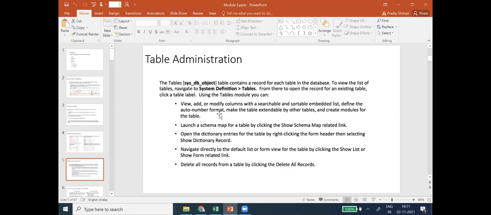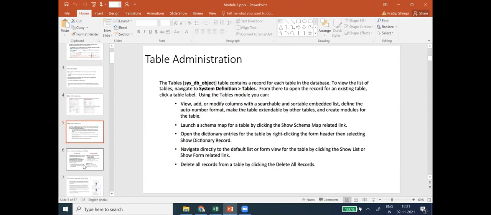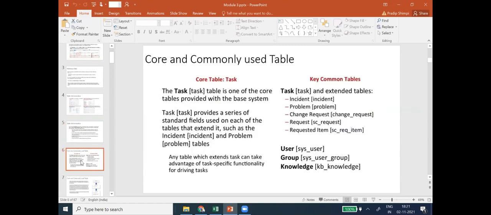So what you can do here is you can view, add, or modify the column with the searchable. Once the data is there in the table, you can do anything what you can do with the list, right? Because once the data is stored in the table, everything is accessible as a normal table, and you can view the data, you can modify the data, you can delete the record, all these things. Yesterday we did a lot of practice on this, how to create the record, how to modify the record, how to submit the changes, right? Now